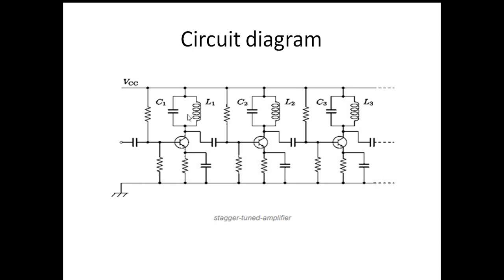This tank circuit gives the output when the input signal frequency matches this resonant frequency. At resonant frequency, the output can be measured across this tuning network. This output signal is given to the next tuning network, or it can be measured individually. So this output can be measured here, and this output can be measured here. Individual outputs are clubbed together, and that is called staggering.